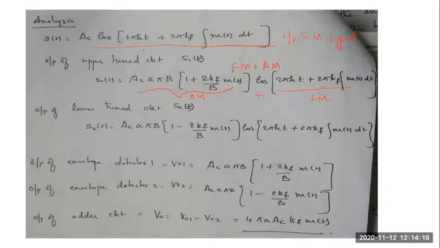Similar to this, the output of the lower tuned circuit will be exactly the same equation, except that this plus sign will be replaced with a minus sign. So it is easy for you to remember also that the plus sign will be replaced with a negative or minus sign, and the rest of the equation remains the same. And finally, once I have the output of the two slope circuits S1 and S2, S1 is given to the envelope detector 1, which generates the output V01 of t, which is given as